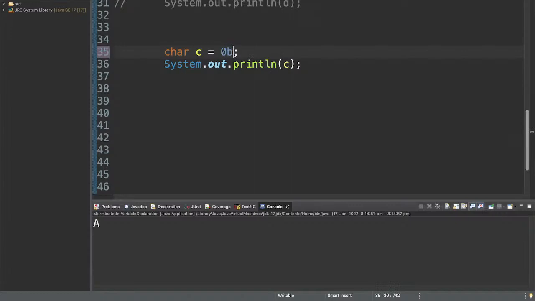So if I say 0b 1010, now okay, for 65, we know that in the ASCII for 65 it will be 64 plus 1. So 64, 32, 16, 8, 4, 2 and 1. So I need to give 1 0 0 0 0 0 1. So if I give this value over here,